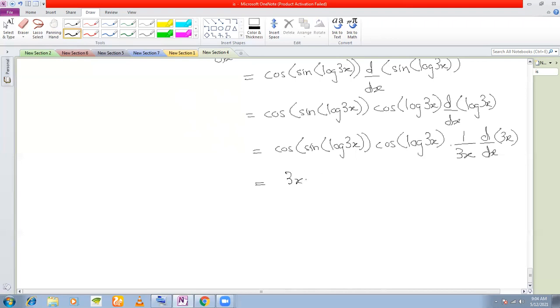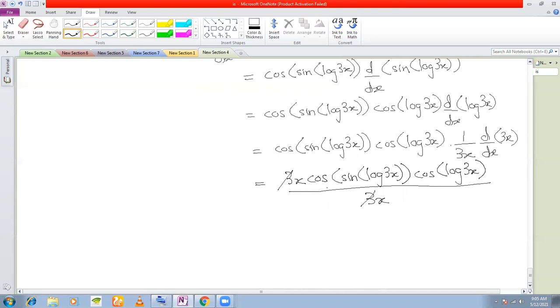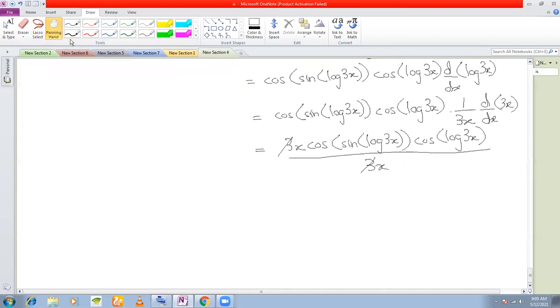So this is 3x cos(sin(log 3x)) cos(log 3x), whole divided by 3x. So this 3 and this 3 cancel. You simply get x sin(log 3x) cos(log 3x) by x as your answer. Let's finish this exercise today, whatever little time that we have, so that we can start with the next